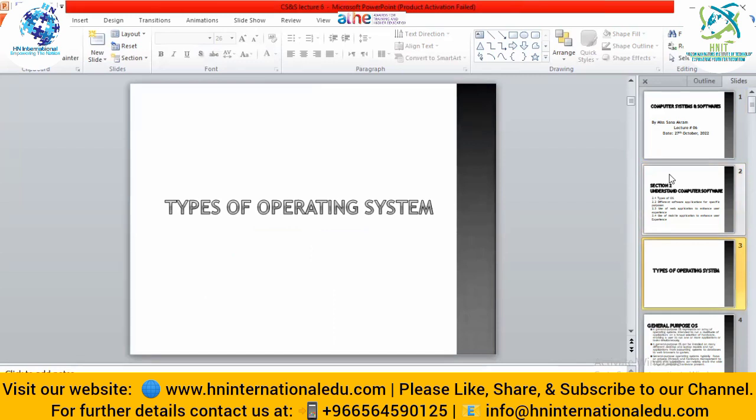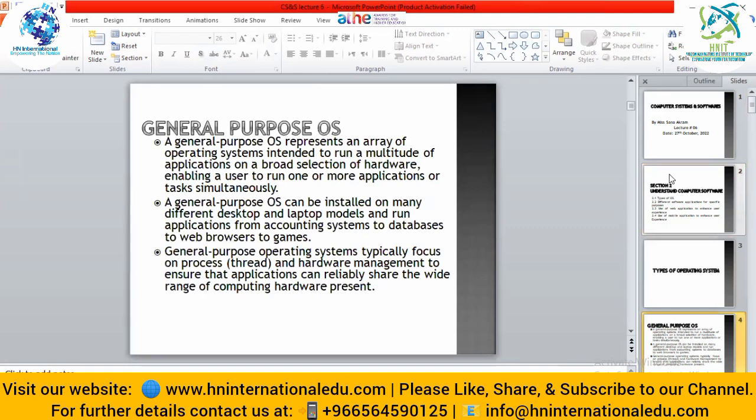Now, the first thing is that the operating system means the main system of the computer that is responsible for handling each and every task that is running in the background, like saving a file, loading a file, arranging the memory, or remembering the addresses. So all these tasks that are related to the system are managed by the operating system. There are different types of operating systems available because different types of computers are there. So according to the use, we have to develop different types of operating system so we can easily utilize our